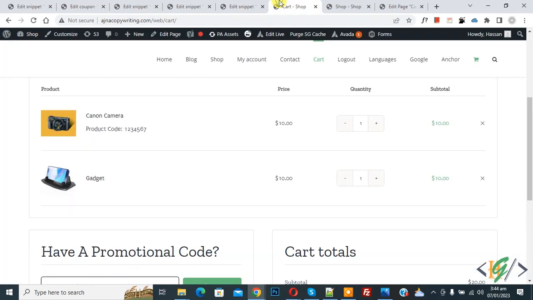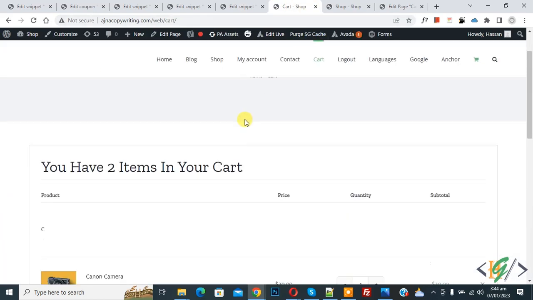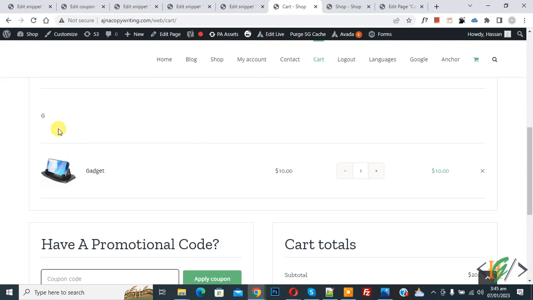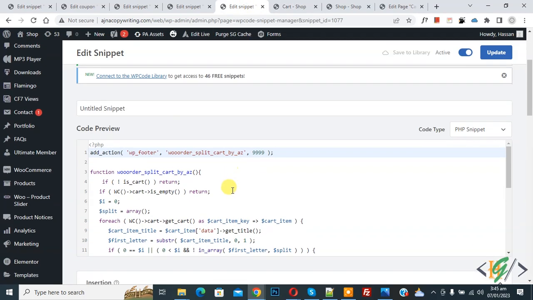Now go to the cart page and refresh the page. Now scroll down, you see alphabetical order. Now you see Canon camera C and gadgets G, and you will find this code in the video description or in